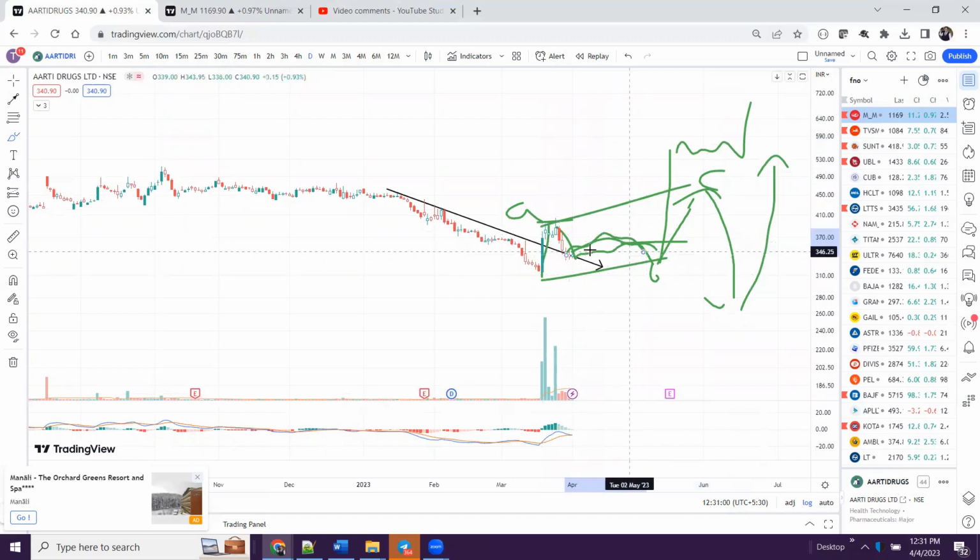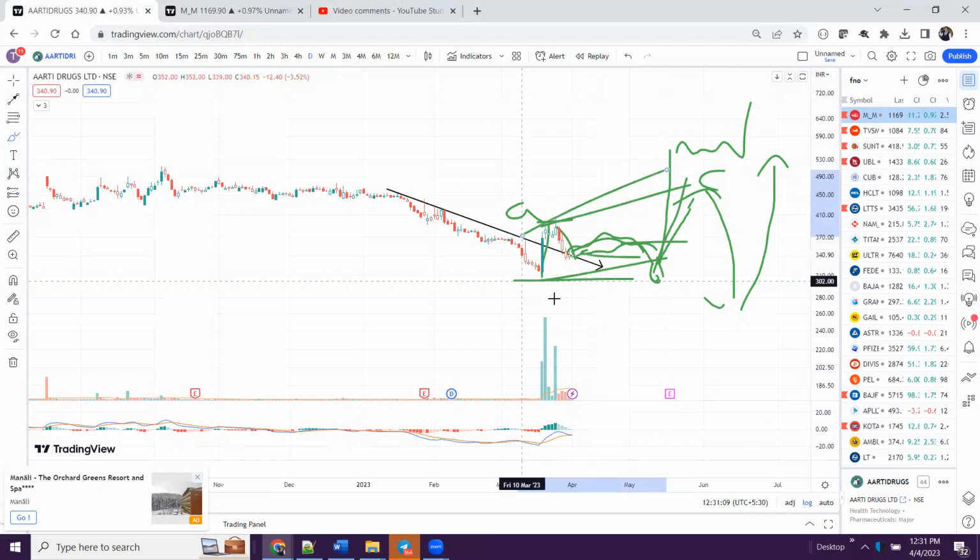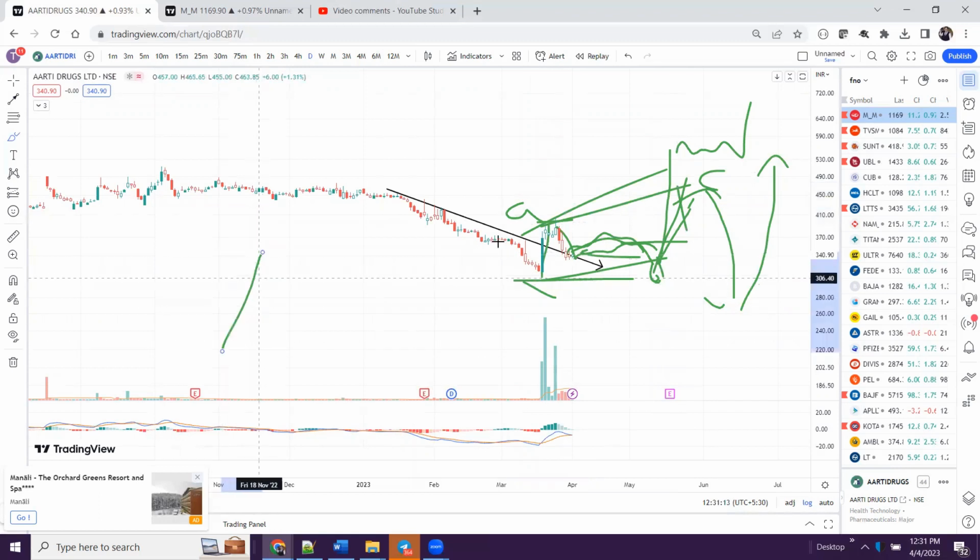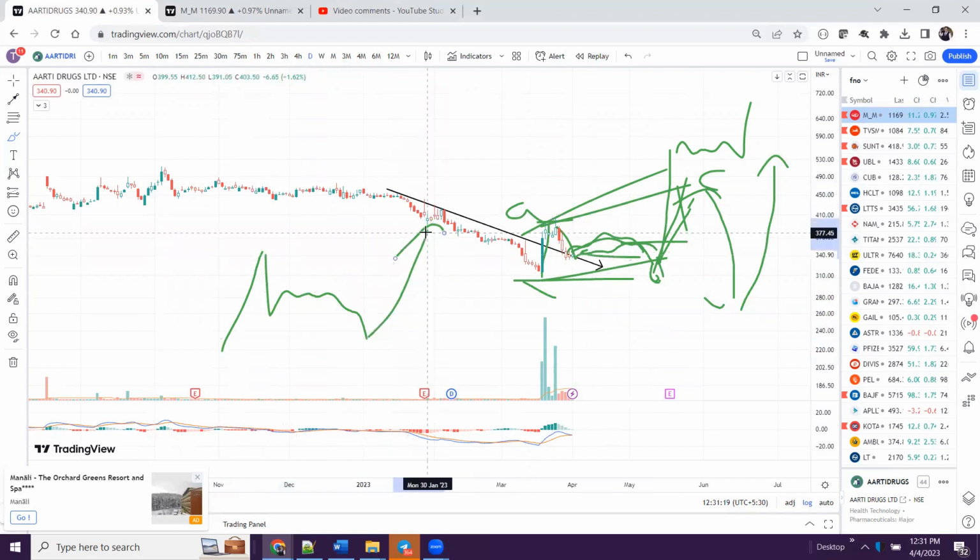So if we get a corrective structure that does not break this bottom here, because if it breaks this bottom again, then this will be a confirmed corrective move. Otherwise, if this is an impulsive move, we have to wait for this correction, and then after this we can trade this up move. And once this up move is formed, we will check on a MACD whether there is divergence, or we can also check the price action here whether this is a strong up move.